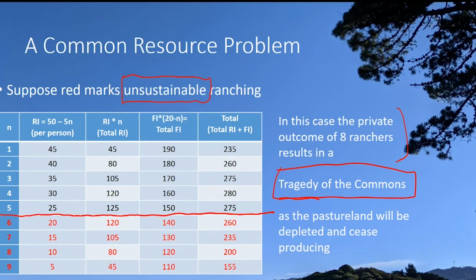The fact that ranching is non-excludable in consumption, but rival in consumption at the same time, generates this potential for the tragedy of the commons to arise. All right, and that's what tragedy means. The tragedy is reaching this unsustainability of the resource and the inability of it to produce in the future, and that's what might come about when private decisions are allowed to be made in this particular marketplace.